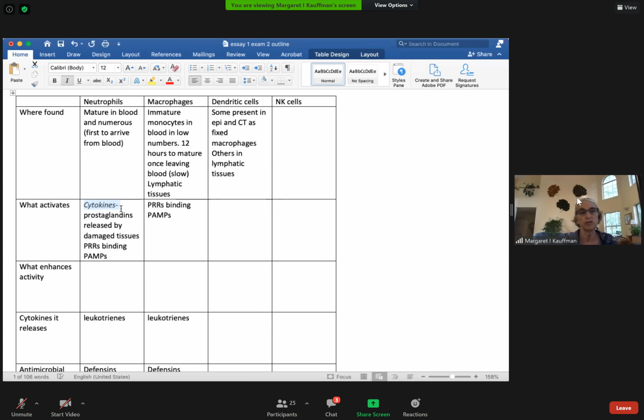So I'm asking you to know examples if they're given in our lecture or in the book. The book does discuss this, and for your activating of neutrophils, what you have are at least the prostaglandins released by the damaged tissue cells, so don't reply cytokines. Cytokines is such a huge category of items, and we're only looking at a very small number of them, although it doesn't seem like that if you look at the table, but we are, and therefore